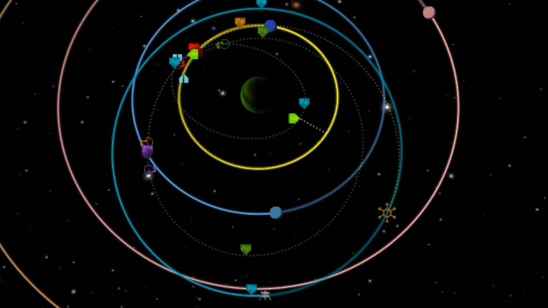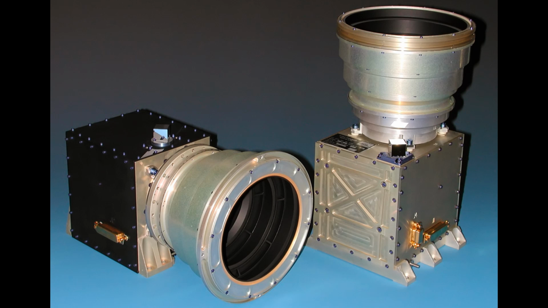Now, there's several ways you can navigate in space. There are a few exceptions. I'm going to talk about those later, but mostly there's like 2.5 categories. There's two main categories and one smaller category and a few extras. Now, first is optical navigation. Now, that again goes into several categories. The first is